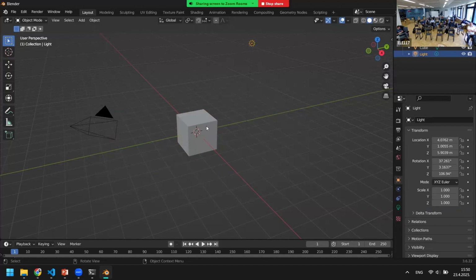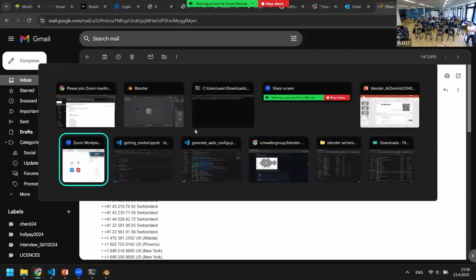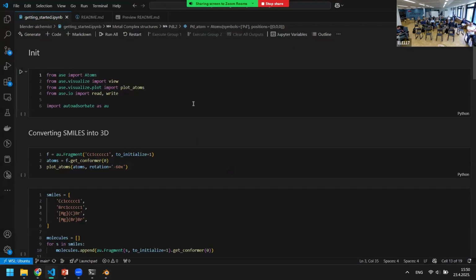So basically, to be able to visualize our target scene, we need to somehow get these objects as subjects into our scene. So before carrying on with the Blender GUI, let's just try to prepare these molecules, or these subjects, these complex structures. And that is the reason why I was sharing the notebook. So basically,